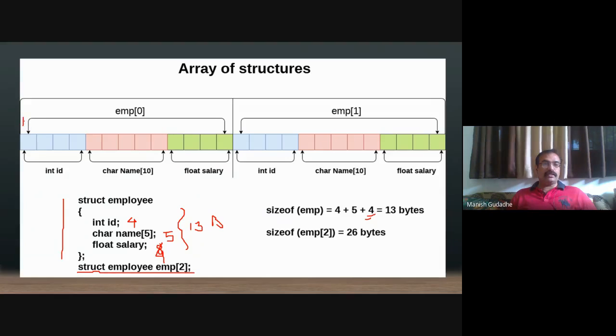Let us say that this is starting from 100. This will be 104, because this 4 size we are taking for integer ID. Then 5 characters, it should be 5, not 10. So it will be till 109, and 110 will be the starting of salary. So employee 0 dot ID, employee 0 dot